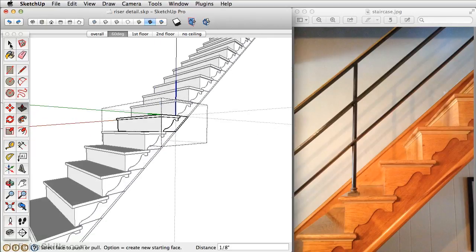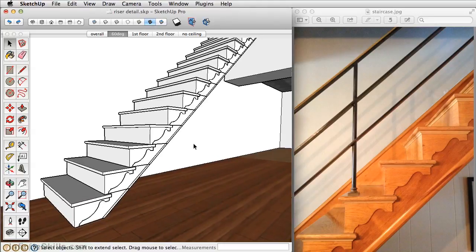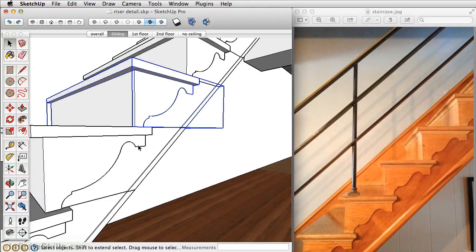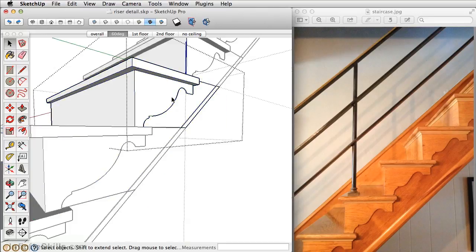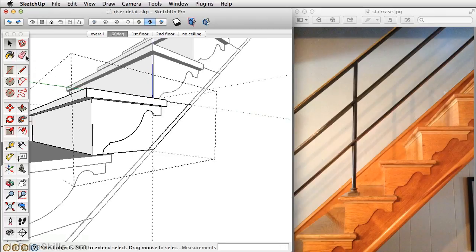Take the select tool and just click outside the stair. And there's a couple things that I want to do before we end this section. If you notice this line here, that's the definition between each stair. Double click to enter one of your components. Take the eraser and hold down Shift. So I'm holding down Shift right now. Select this line,